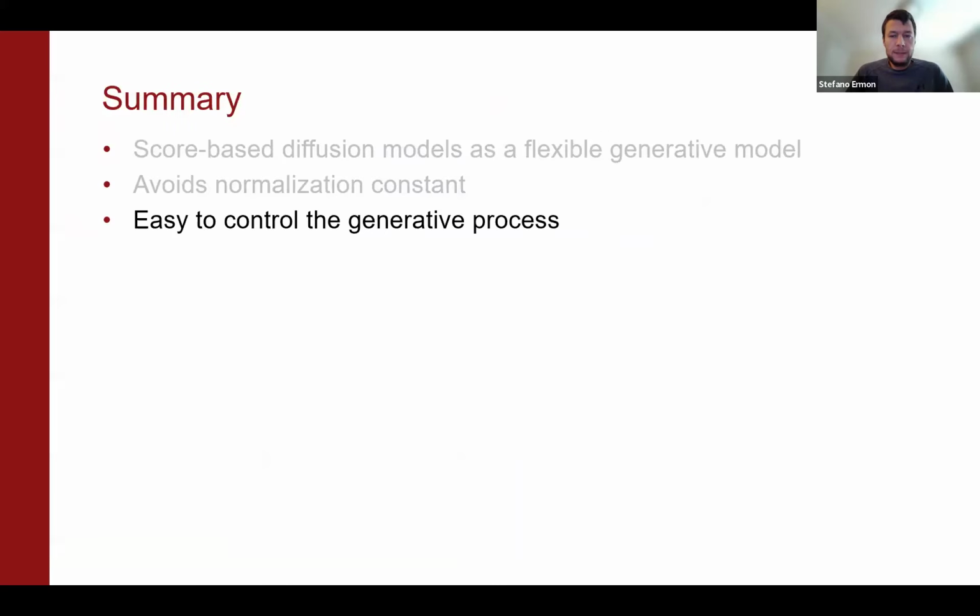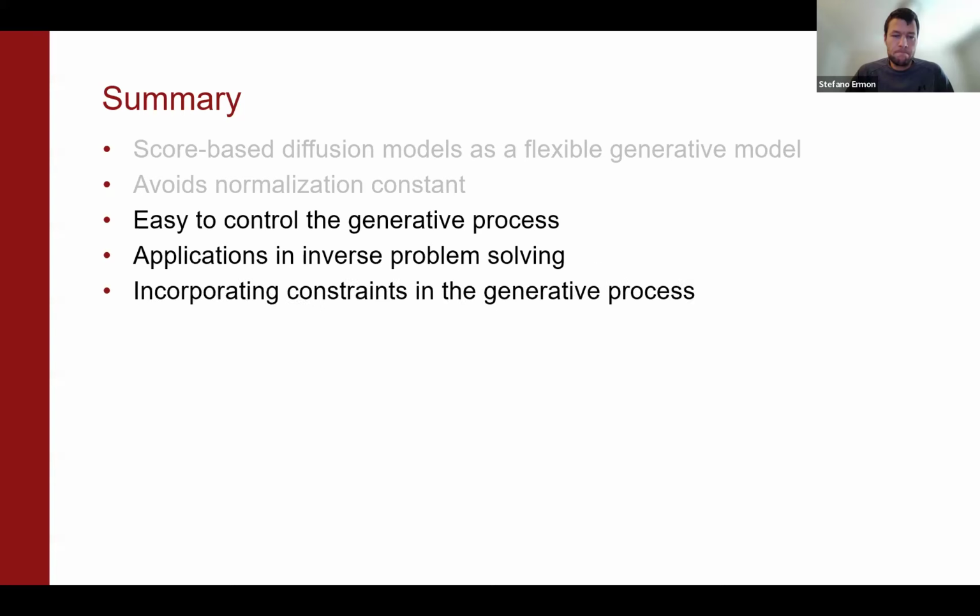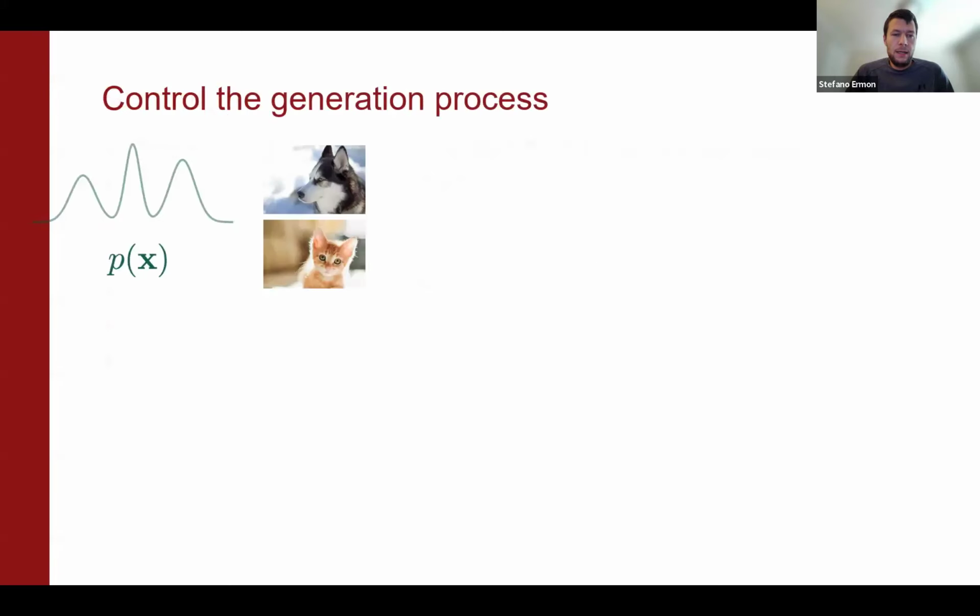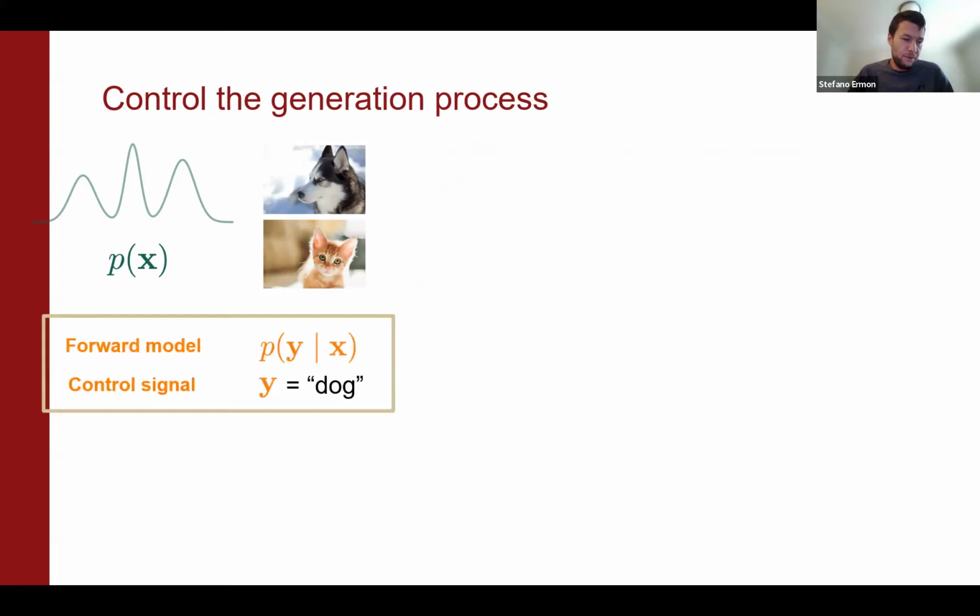Now what I want to talk about next is how these models are quite useful because it's very easy to control the generative process. The idea here is that if you have a prior distribution, let's say over images, where for simplicity, think of two kinds of images, cats and dogs, and you have some kind of classifier, P of y given x, that can classify images into either dogs or cats, the question is: is there a way to control the generative process to get the model to output images of,